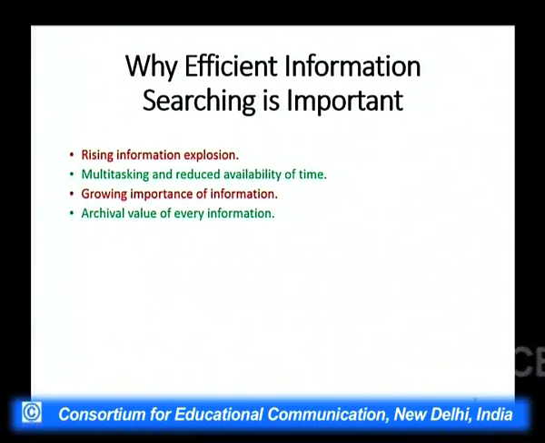The next is the archival value of every piece of information. As I just told you, every piece of information is important, and we have come to a stage now where not even a single piece of information is wasted. The daily amount of data uploaded on the internet is huge. Proceedings, lectures, like this one lecture also, will be uploaded today on YouTube, and so many happenings around the country, around the world, straight away find their way onto the internet. So,